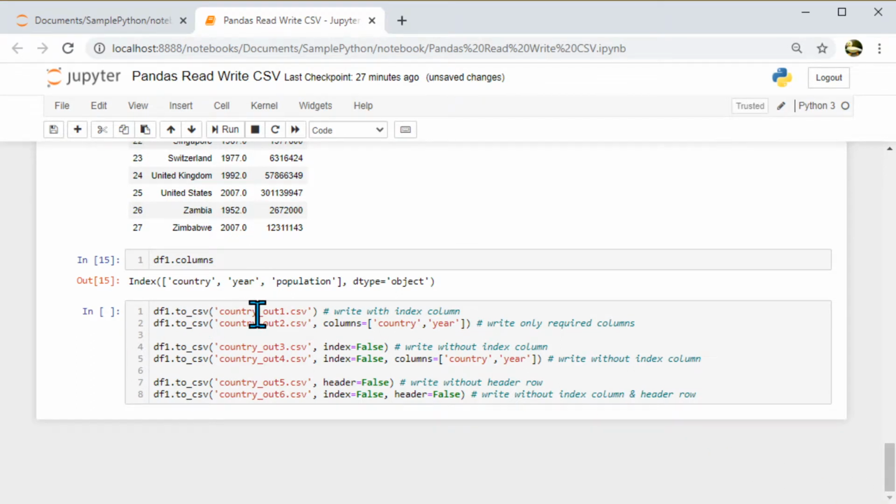And once we have it in Python as a data frame, I can write it into a CSV file. So in the past we saw how a CSV file can be read into a data frame. Now we have a data frame, we are writing into a CSV file. So that is what is happening here.